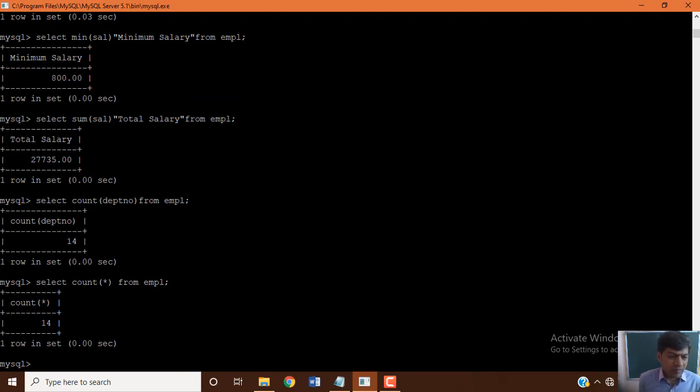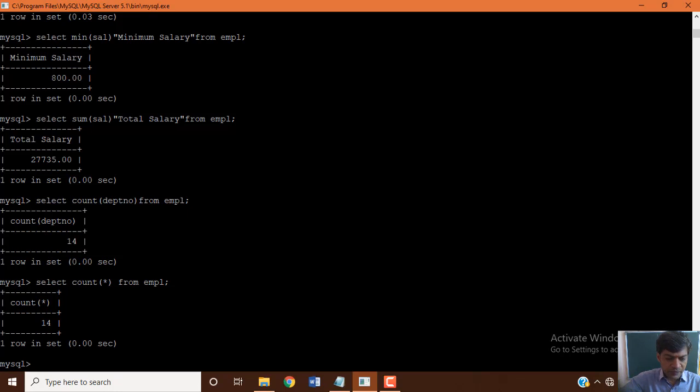But when you apply the specific field name, if it is having null values, those will not be counted, but asterisk will count duplicate values as well as null values. Okay, the only difference, asterisk and field name: asterisk will calculate the duplicate values as well as null values, and a specific attribute name when used along with the count function will not consider null values. Other than null values, data will be counted.